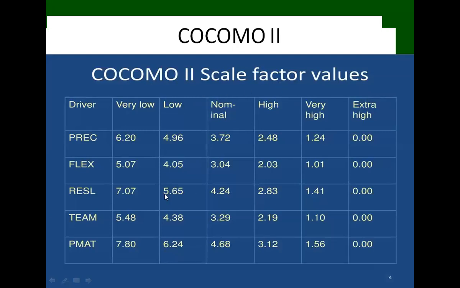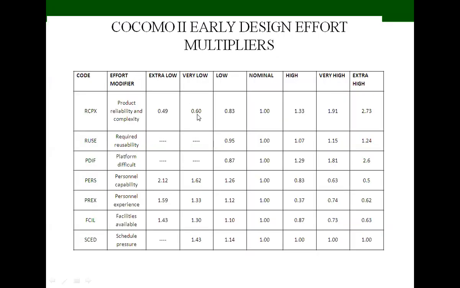I am explaining with an example of COCOMO 2. So by using these values, first of all we see the example. Then we decide which category PREC falls in, whether very low or low. We take those values according to our example. It may be low, nominal, high or very high, but considering our example, you have to choose from these values: very low, low, nominal, high, very high, extra high. And these are the early design effort values.